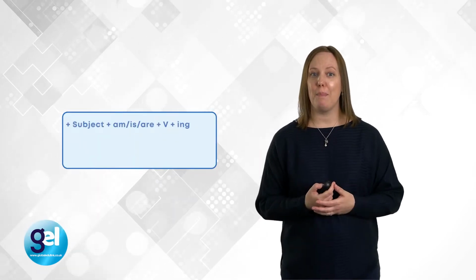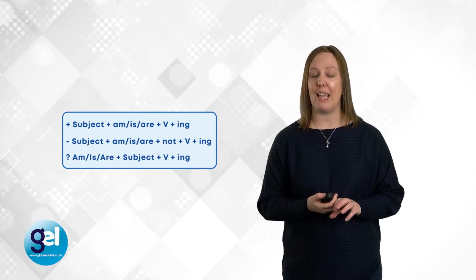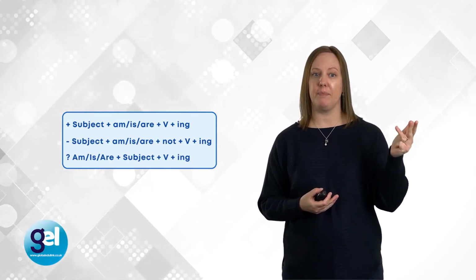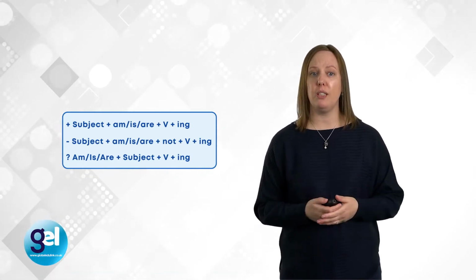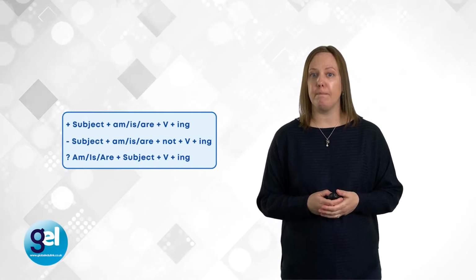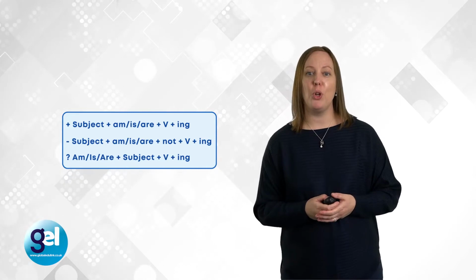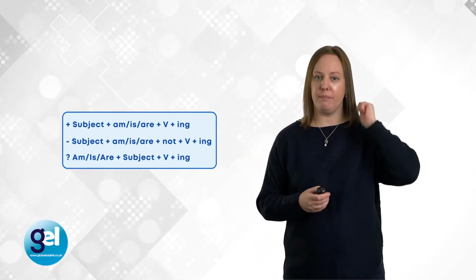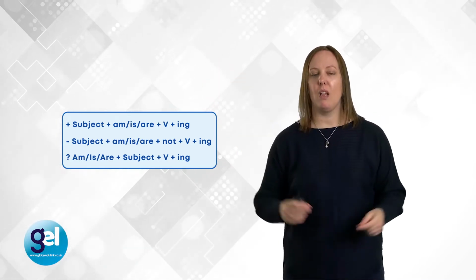How do we form it? So you need your subject plus the verb to be plus verb plus ing. So she is sleeping, or she isn't sleeping in the negative. And to make a question, is she sleeping? So have a think about how you can use this in the classroom. Look at what I'm doing at the moment. I am combing my hair. I am waving.